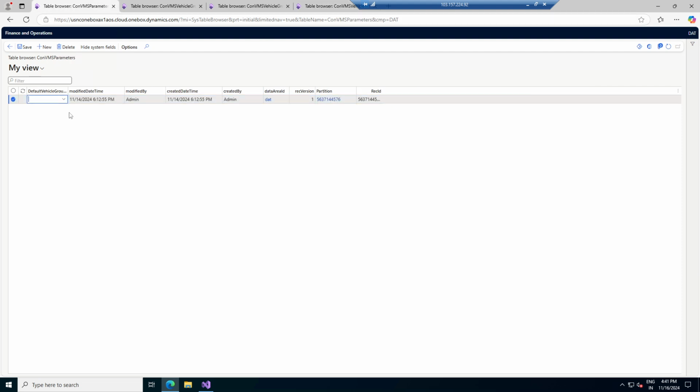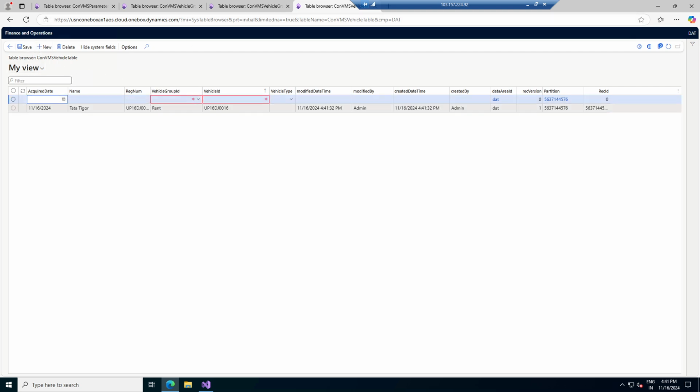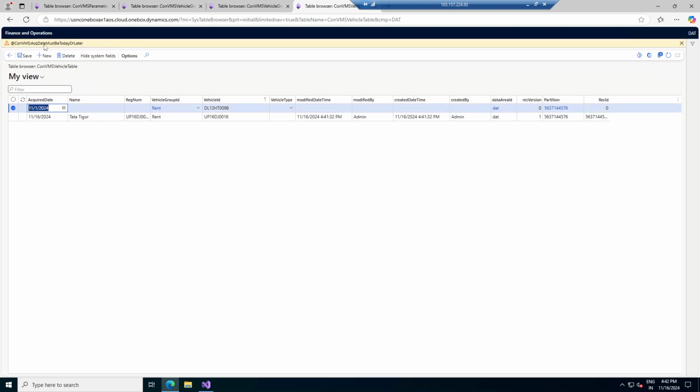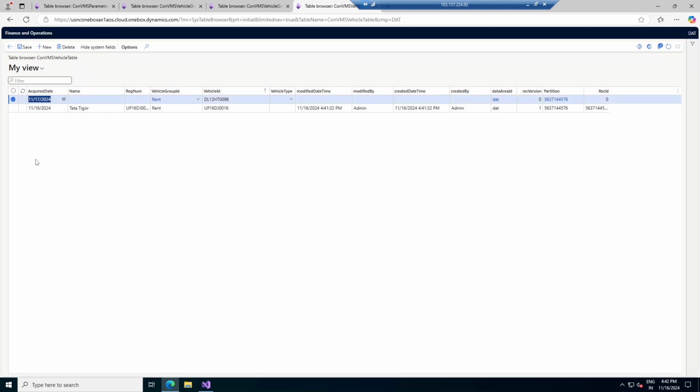All the three tables I have shown you. The default vehicle group, I will give it the rented vehicle. And if I prepare a new vehicle table over here, the vehicle group ID is a mandatory field. So vehicle ID, let's say this time DL, and then 2013 HT 0098. So this is the vehicle ID. The acquisition date is, let's say, tomorrow. So it is saying, we need to work on this also, that the previous acquisition date cannot be there. So you can't acquire